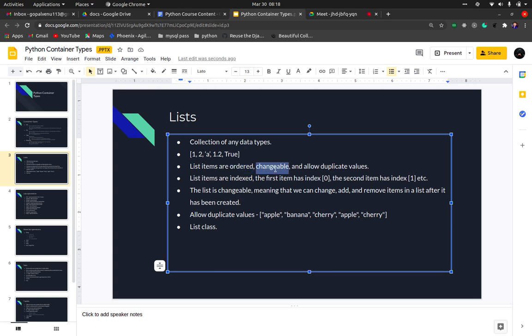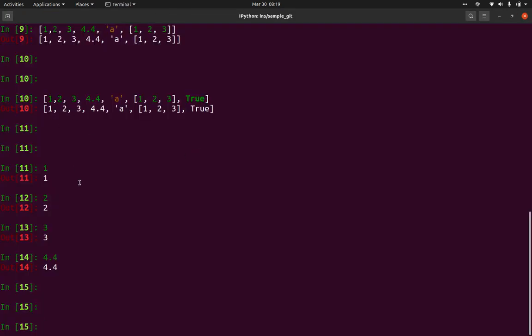And they are changeable, okay. So we also call them mutable, okay. Which means that you can change a value inside a list, okay. Let's say I have an element, my first element is 1, right. I can change this to 2, okay. Let's say I have this list, list of 0 equal to 2, okay.